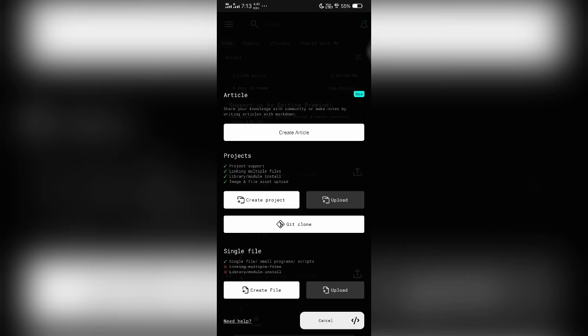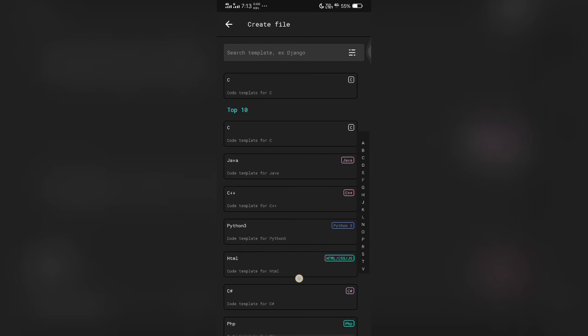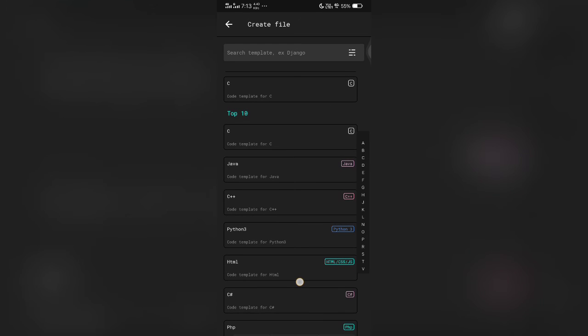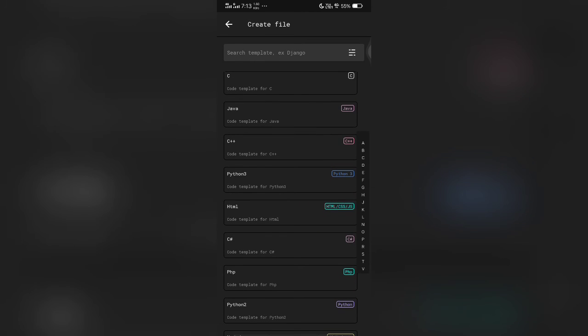As we are going to create a file, we can just click on create file or create project. I am going to create a file. Here you can choose the programming language you are comfortable with, or which program you want to write. Here there are C, Java, C++, Python 3, HTML.